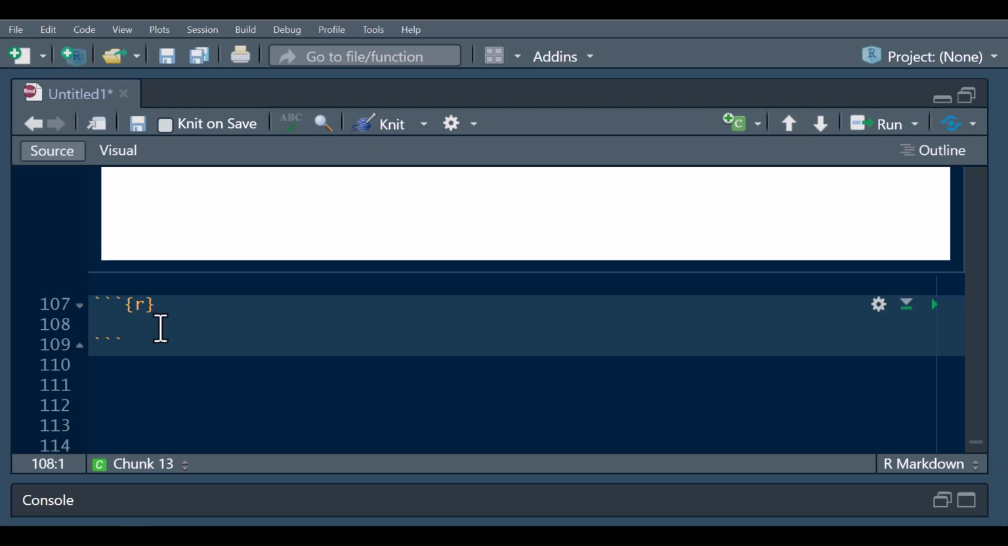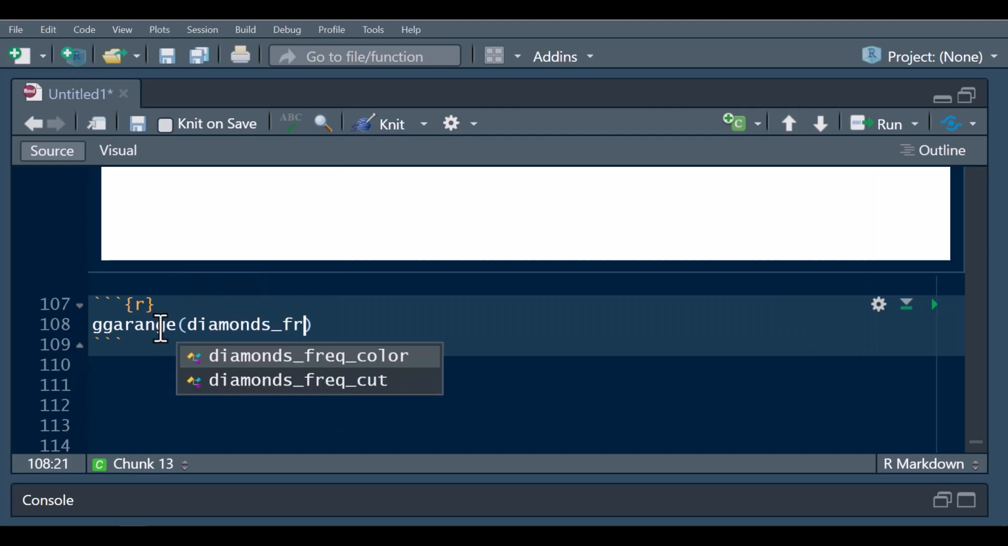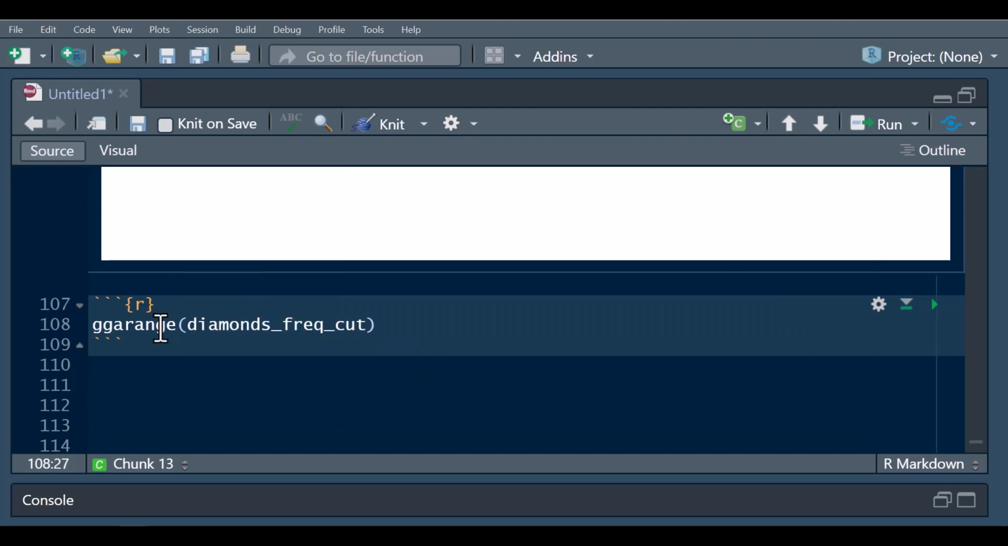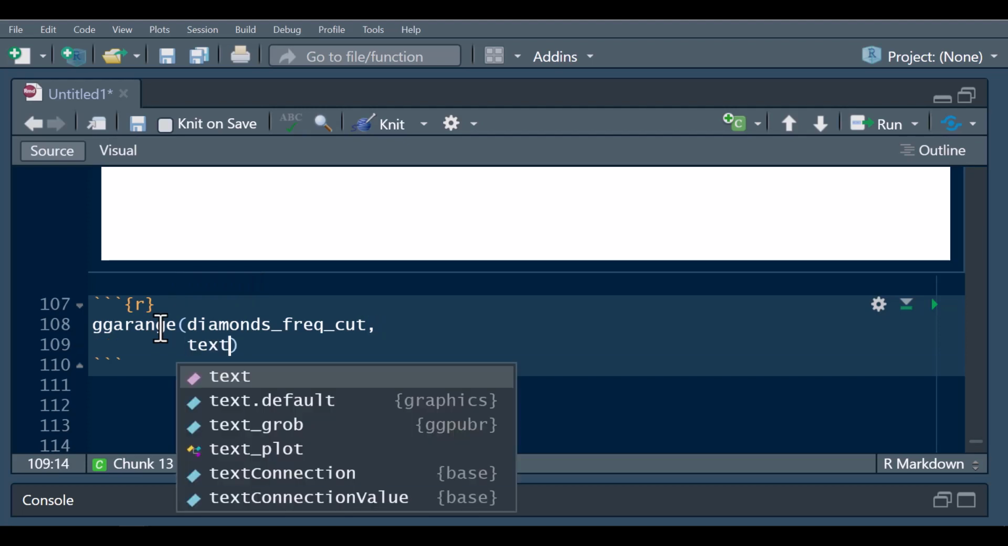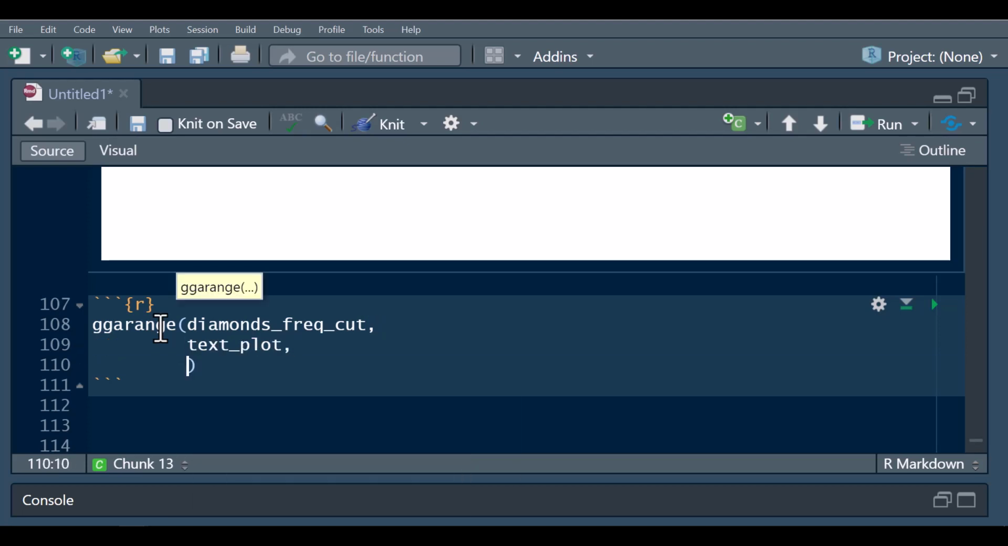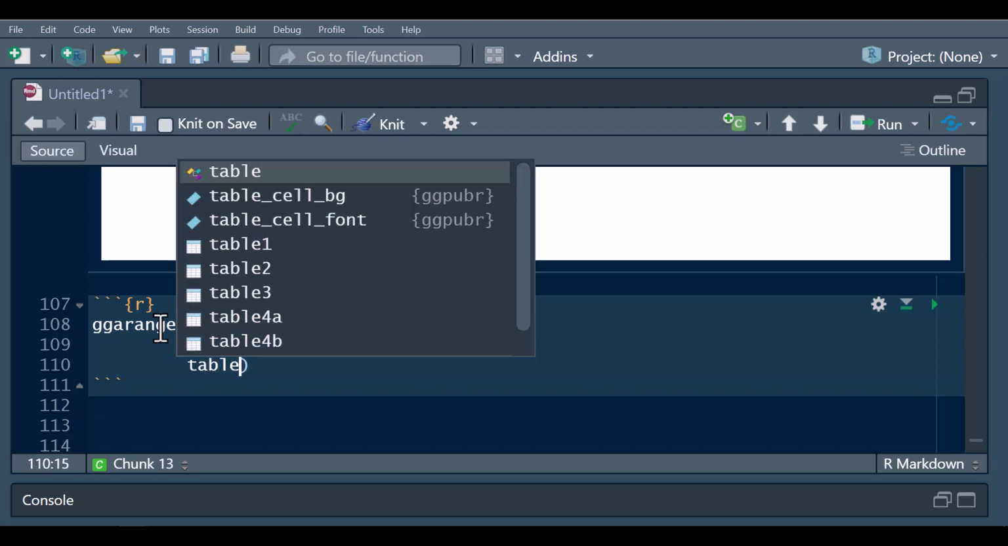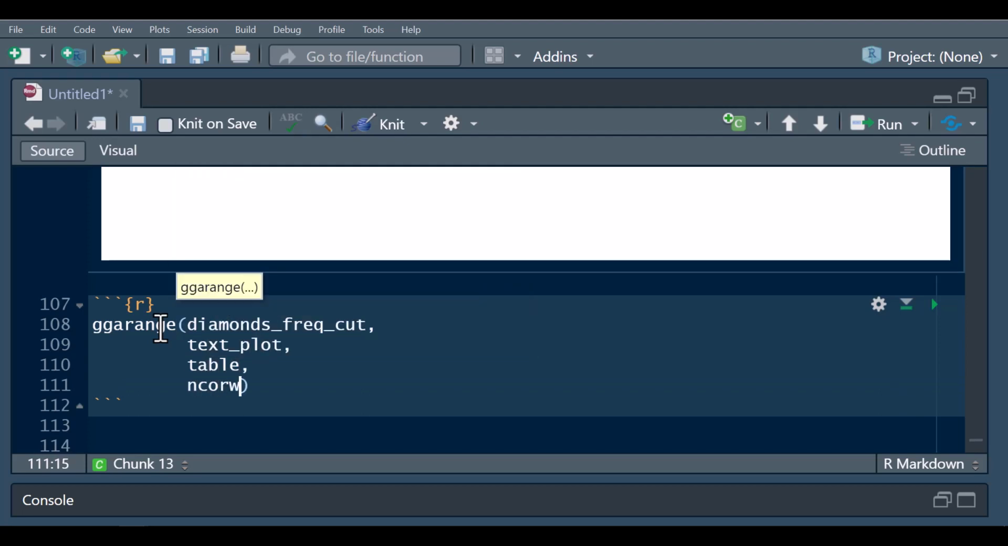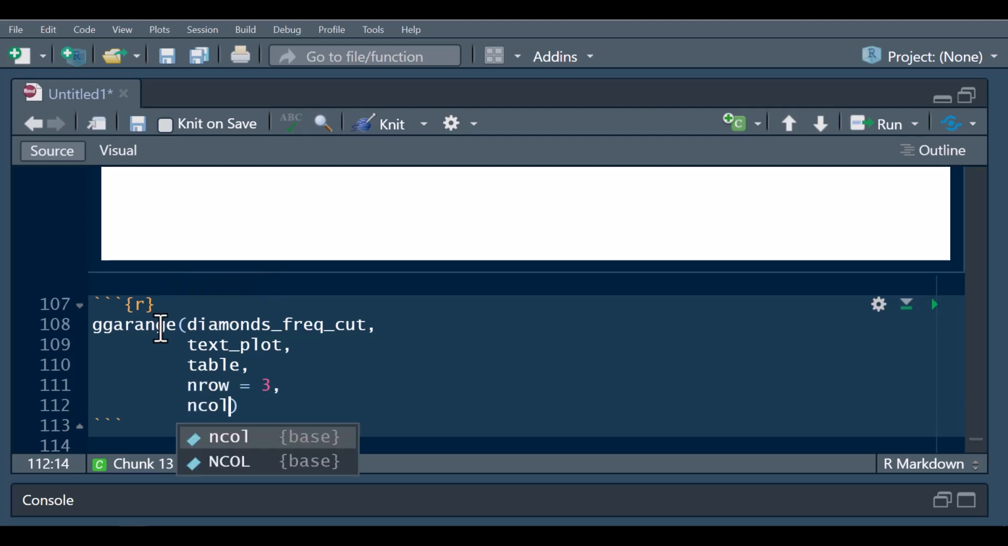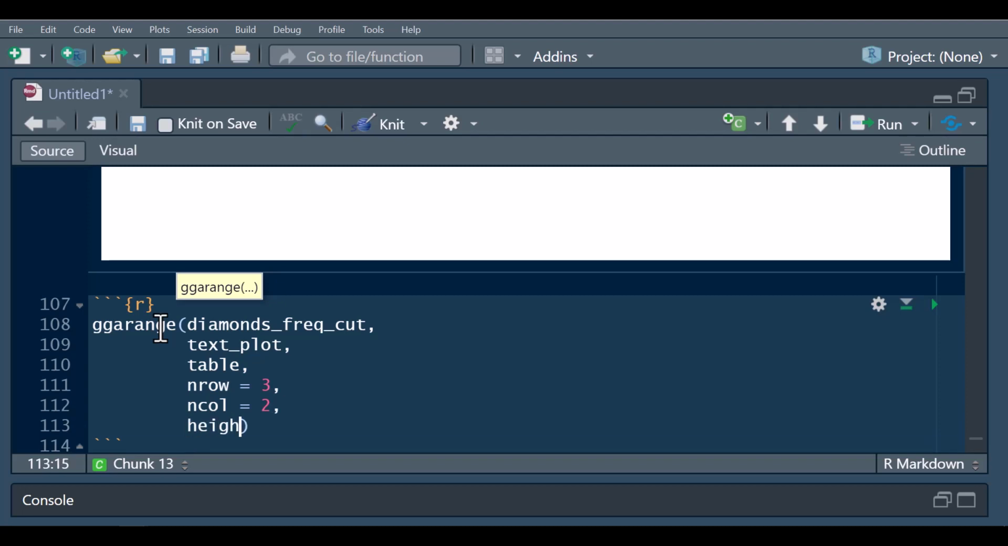So now I'm going to combine the text, the table, and just one of those plots we created earlier on. So I'm going to say ggarrange, diamonds frequency cut. So this one I'm going to be using, then text plots, then table, then nrow which is equals to 3, then ncol. So we are going to be expecting 3 rows and 2 columns. ncol is equals to 2, then height,